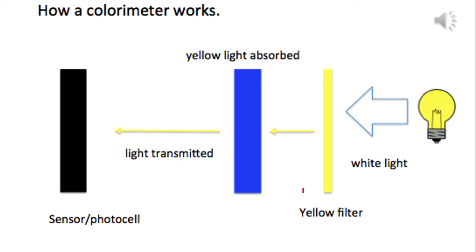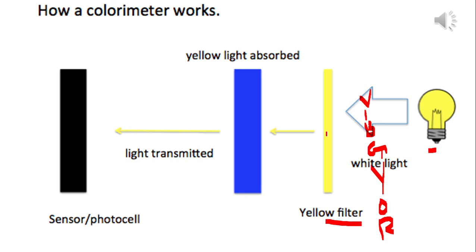A colorimeter contains an electric bulb. So if you don't have electricity connection, the machine will not work. The bulb is producing ordinary visible light. You know that the visible light contains all the different wavelengths. For example, violet, indigo, blue, green, yellow, orange, red. While to the solution we are studying, we need to send only a particular wavelength. To select the particular wavelength, we use a filter. In our colorimeter in the laboratory, there are 5 or 6 filters. Simply by turning a knob, we can select the filter.